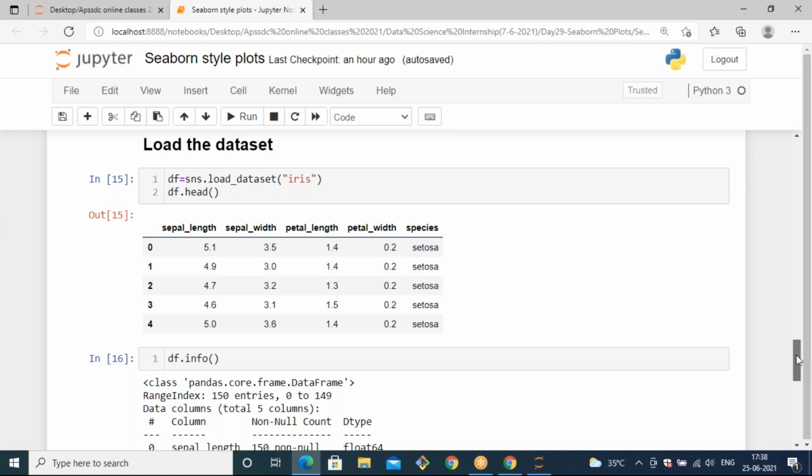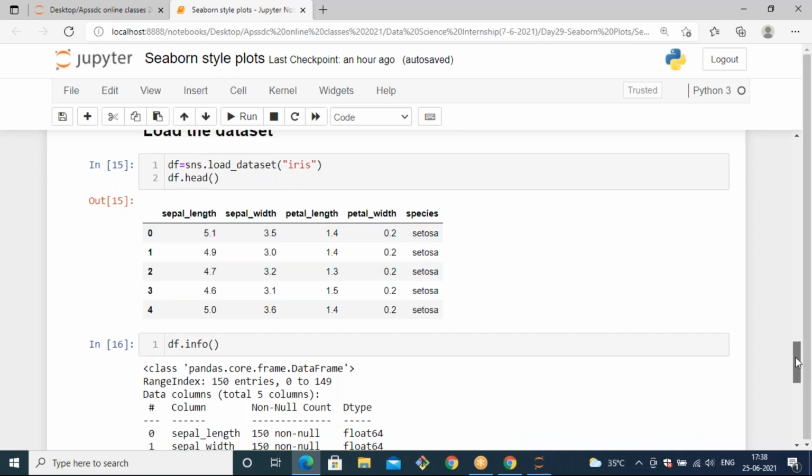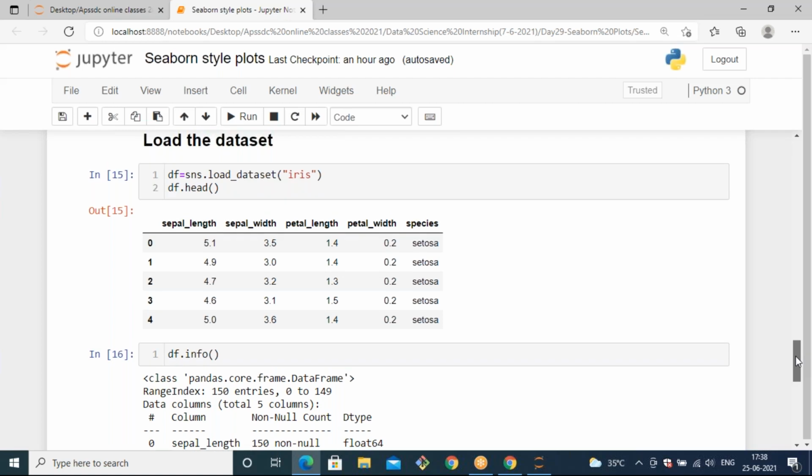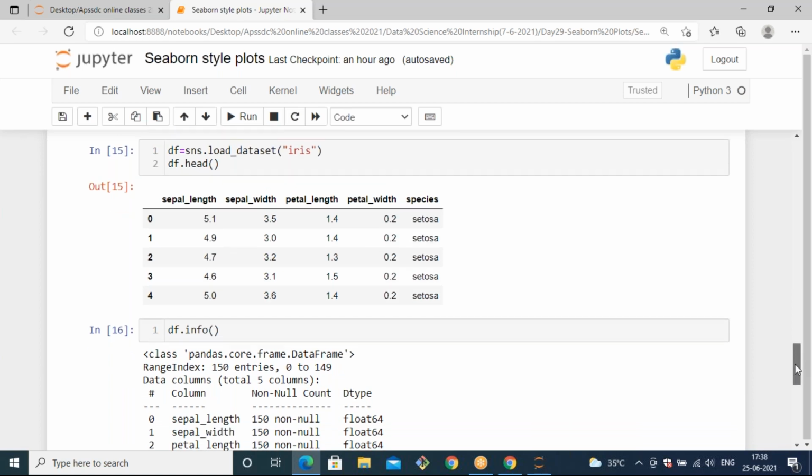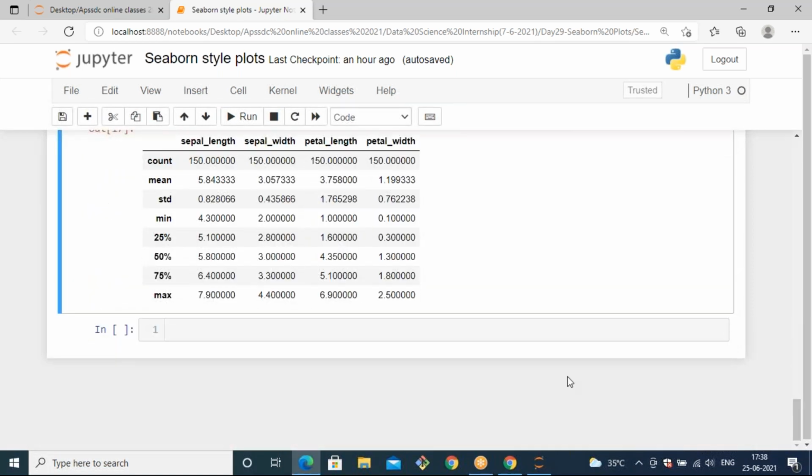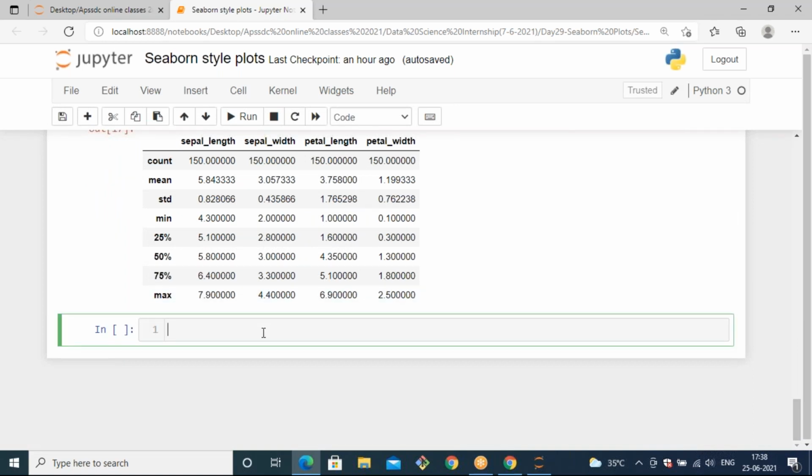So I want to know the rest of the values in the species also. That means in the total 150 rows, every row has some species value, right? So I want to access that species column and get the values inside it.